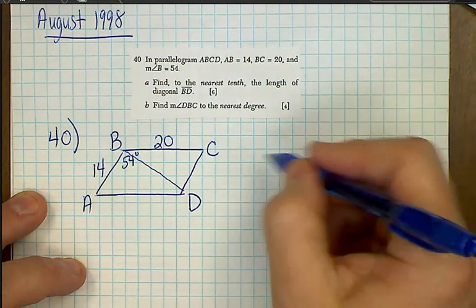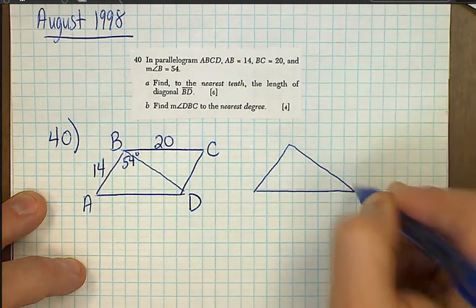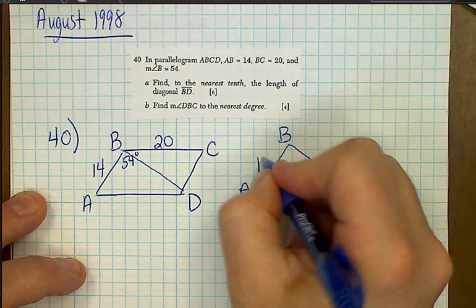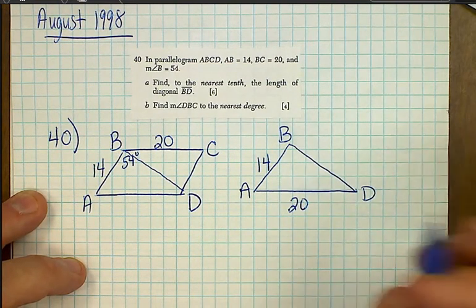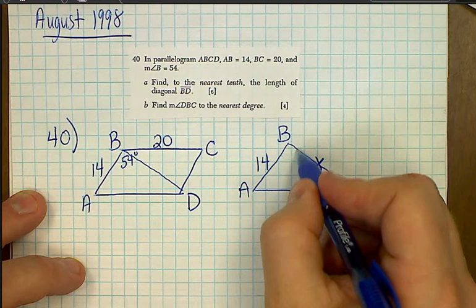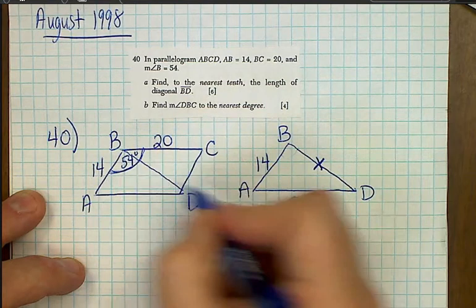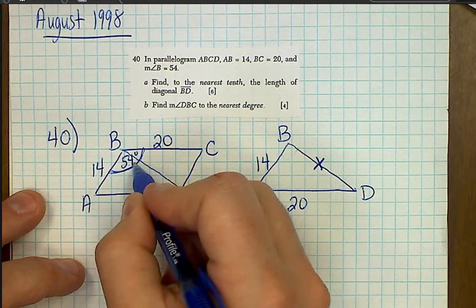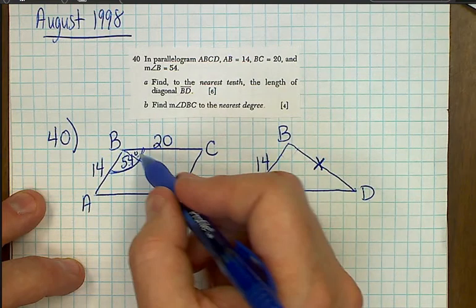Okay, so let's separate this diagram out into a triangle that has BD in it. So this is A, this is B, and this is D. This side's 14. This side here is going to be opposite to 20. In a parallelogram, opposite sides are going to be equal. We're looking for this diagonal. Now, this angle here is not going to be 54. All of angle B is 54. This piece ABD is going to be part of that, but we just don't know what part. So instead of guessing, which is what we don't want to do, what each of these two pieces are going to be, because the diagonals don't bisect the angles they come from in a parallelogram,